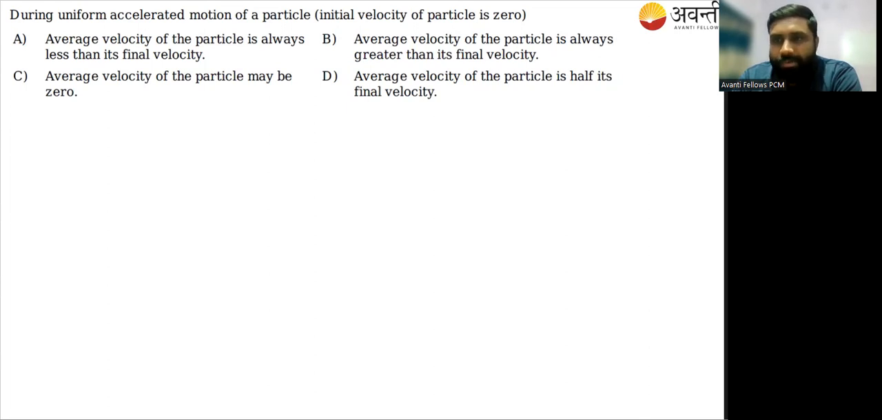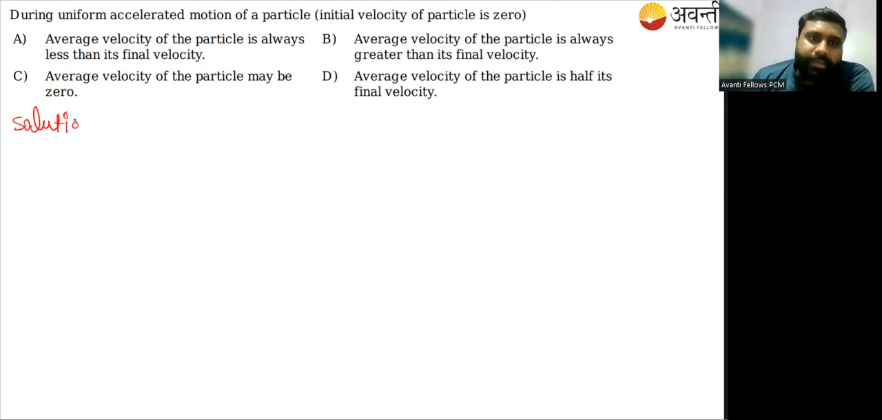That I think cannot be possible, obviously. So you can eliminate the answers by common sense also. Average velocity of the particle may be 0. Yeah, if the body is returning, then we can say the average velocity has the tendency to be 0, not the speed. And the average velocity of the particle is half its final velocity, which means the exact value is also given. Now,